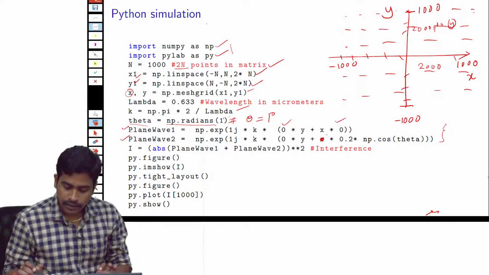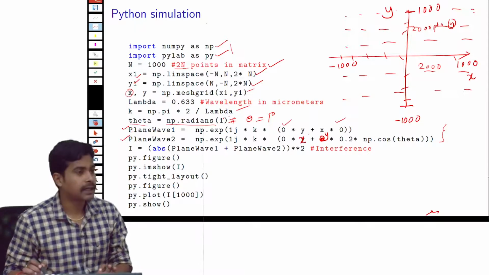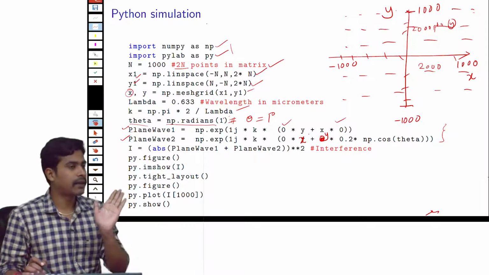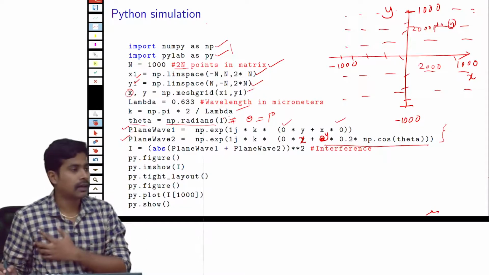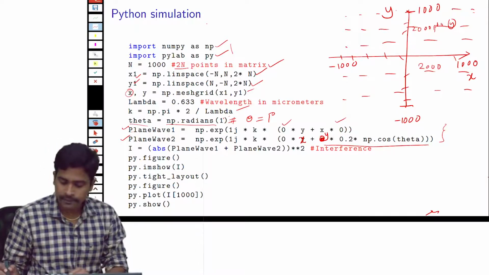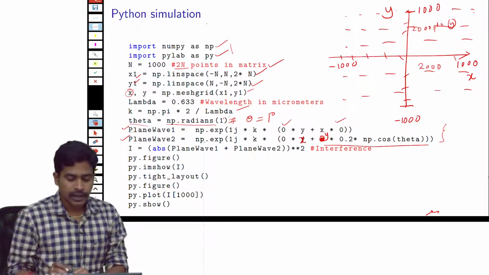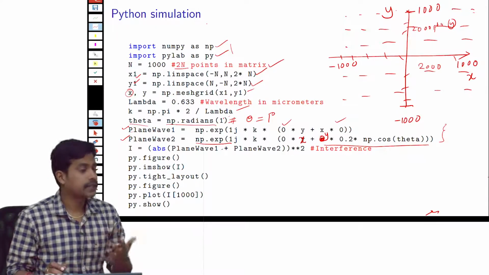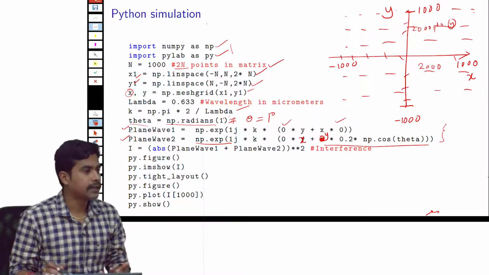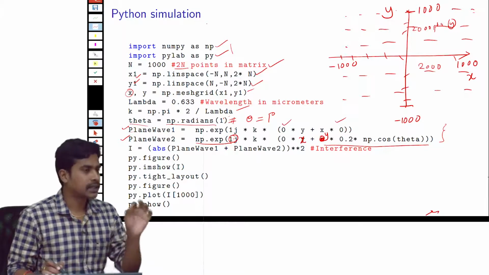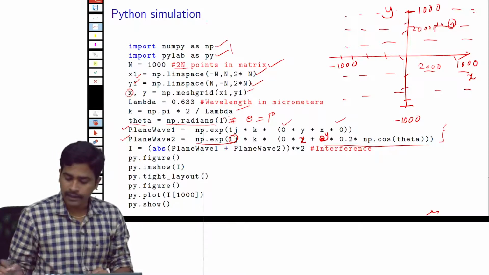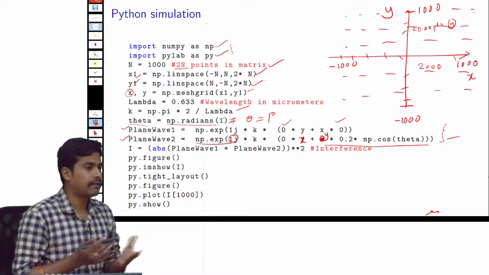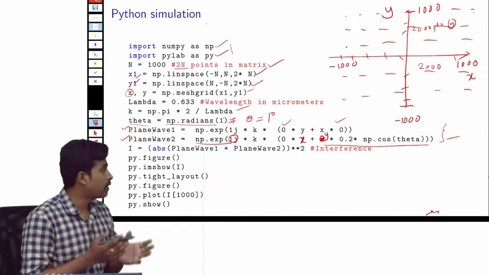It should have been y here, it should have been x here. As I have said, since the plane wave is going at an angle theta in the xy plane, the extra path difference is written in this expression, and it is used to calculate the phase values. To say it is a phase value, we are using e to the power 1j, where 1j represents the complex number j, and k is the wave number. This is the expression.